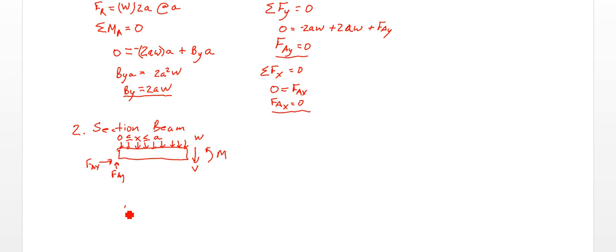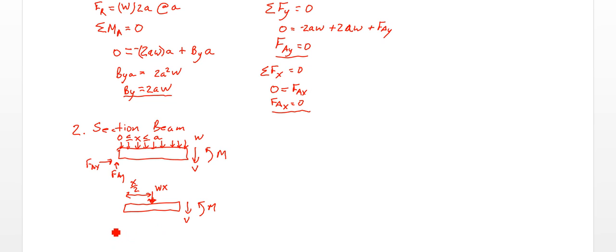So here's my free body diagram of this. This is going to be Wx, and this length here is going to be x over 2. So this distributed load, the magnitude of that is going to be my load per meter times our length. So the length of that section is W times x, and it's acting at the middle, so x over 2. My shear is here, my moment, and FAY is 0 and FAX is 0,